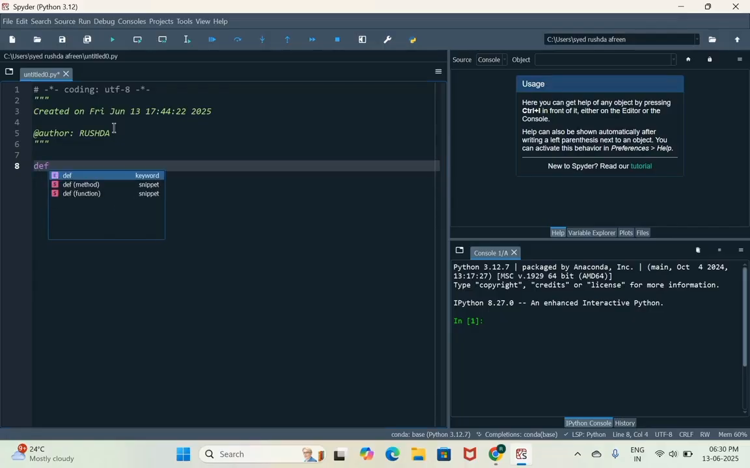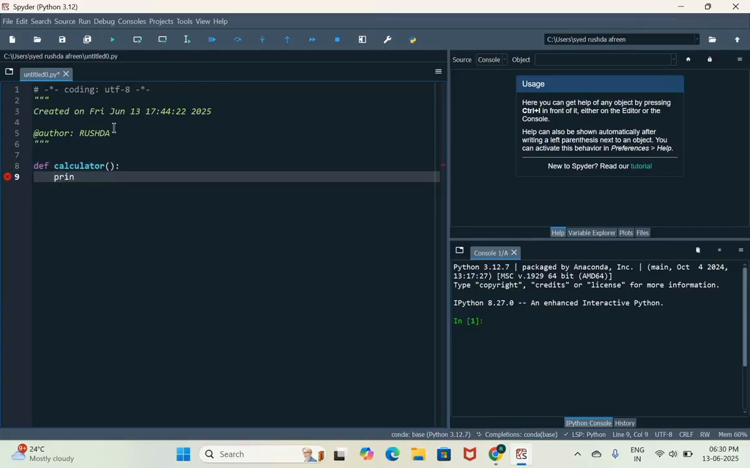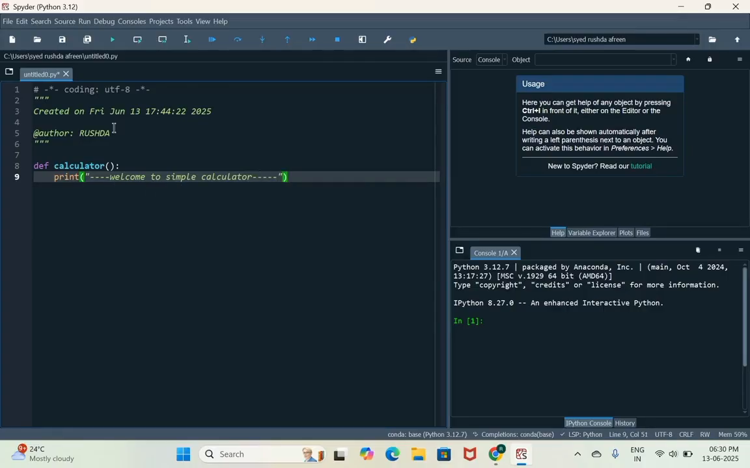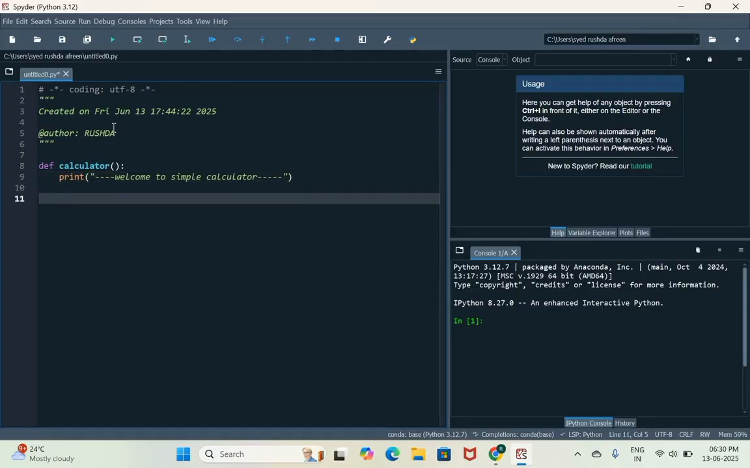Let's start with def calculator, bracket colon, enter. Print. This will print the welcome message. Double quotes: Welcome to Simple Calculator. Enter. Now we'll use the while loop. While True